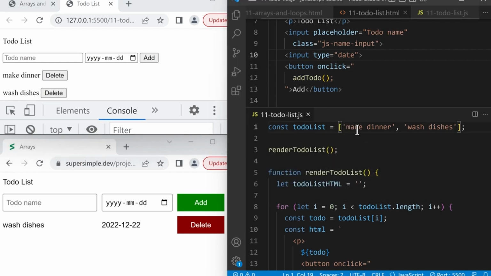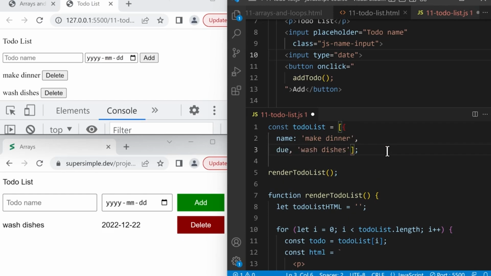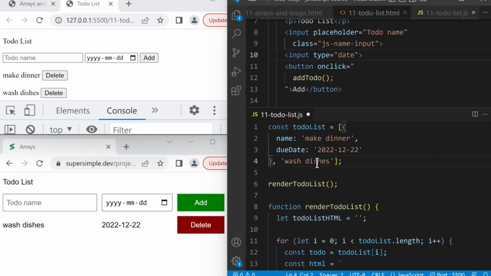So here, instead of just a string, we're going to create an object. And we'll give it a name property, which is make dinner, and we'll give it a due date property. And we'll make the due date a string. So you can type whatever date you have on the page. For me, it's 2022-12-22. And I'll end this object with a curly bracket,